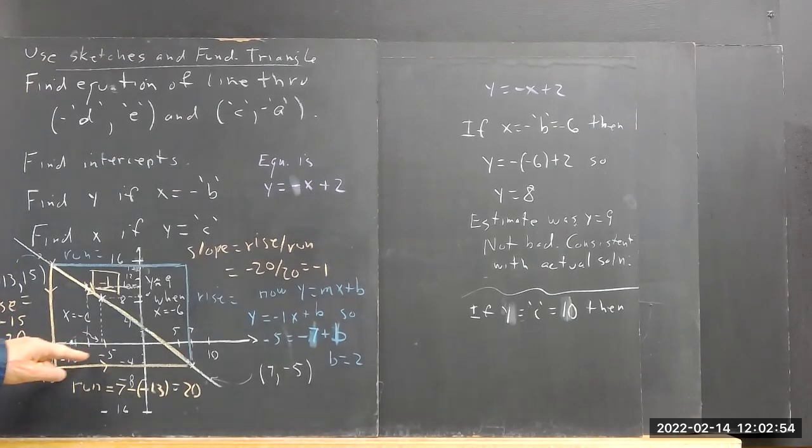Now I see I'm between negative 5 and 10. It looks like about halfway. Okay. So the x measure 7.5 or